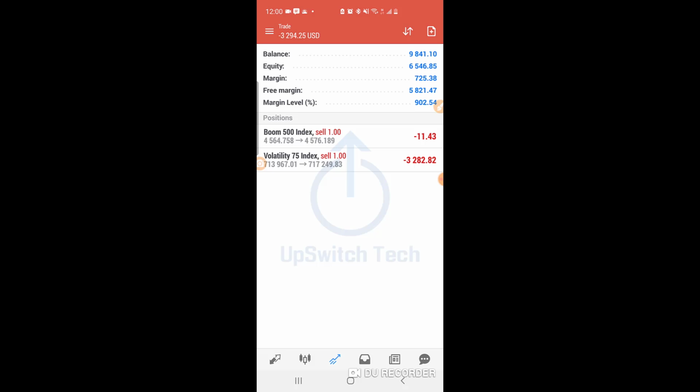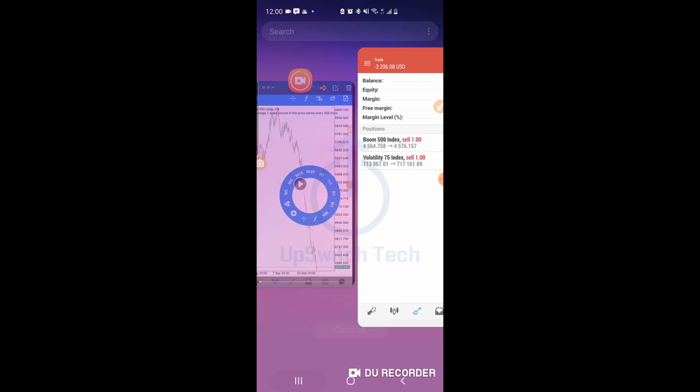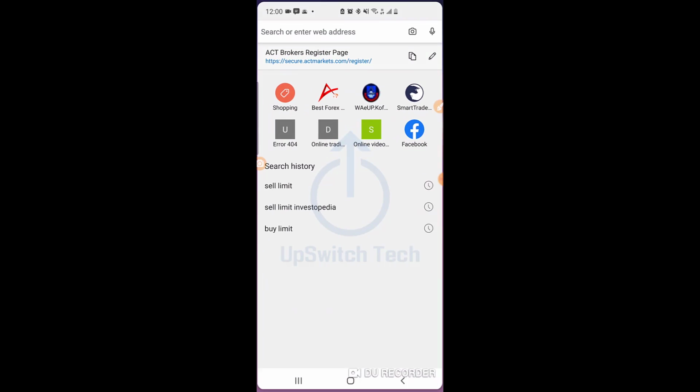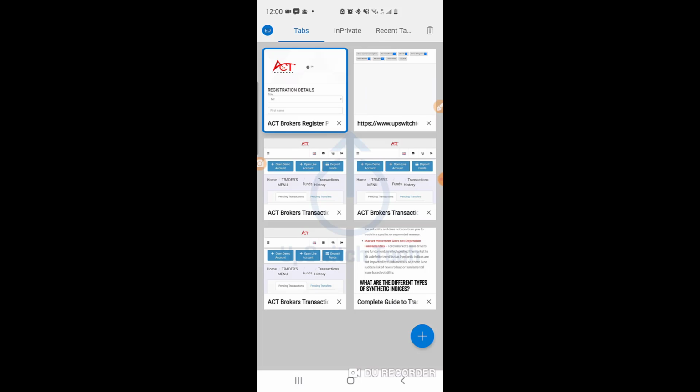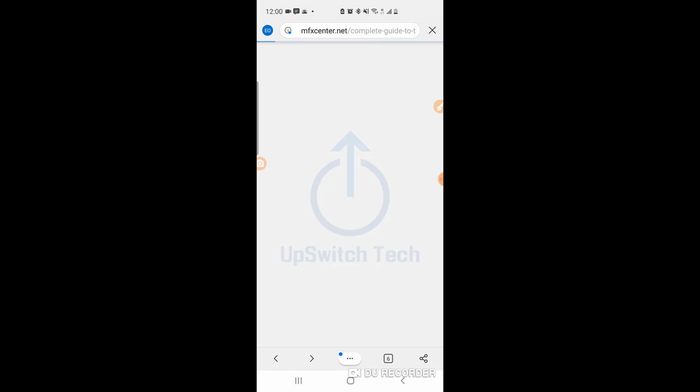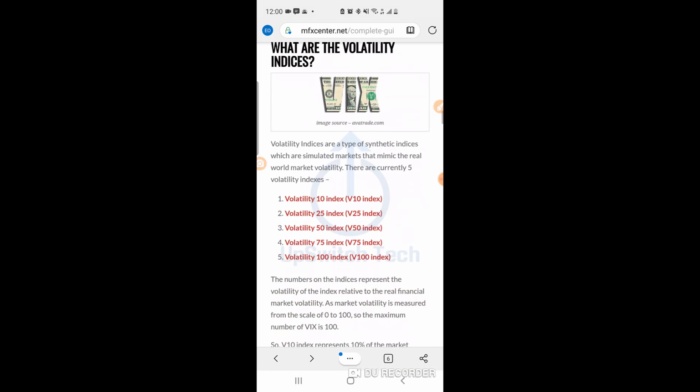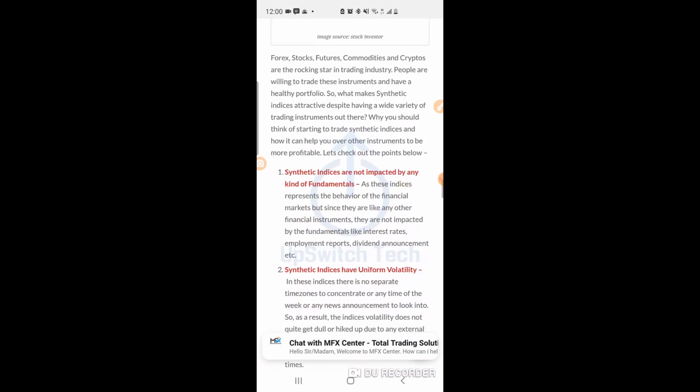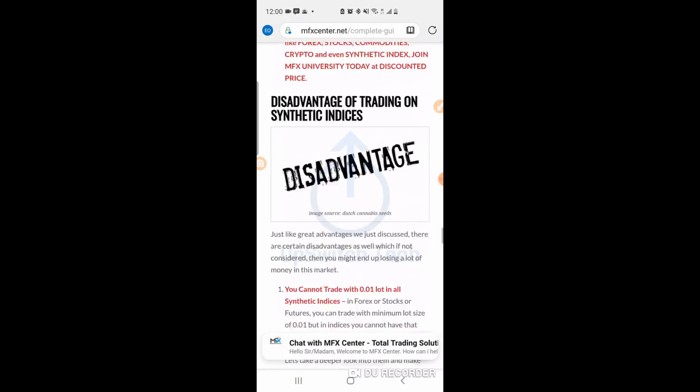Alright, so I think you get the point. So that's not about lot size. I helped you guys Google this. I think I helped you guys Google lot size. So according to what I saw in this website,